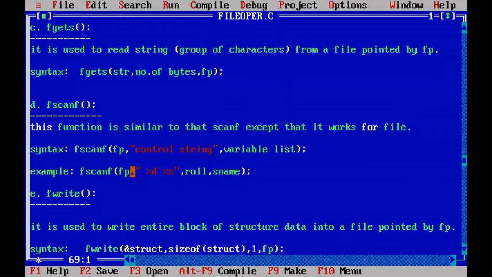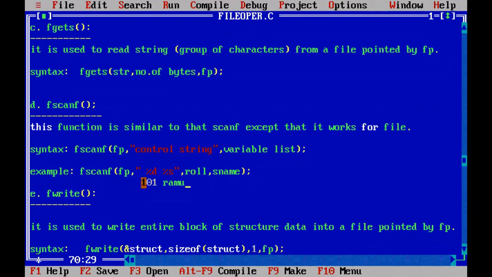For example, in a file we have an integer value written earlier, 101, that is stored in the file pointed to by fp, and next Ramu is there. So from the file, %d is replaced with the integer value 101, and Ramu is read from the file and replaced with %s.